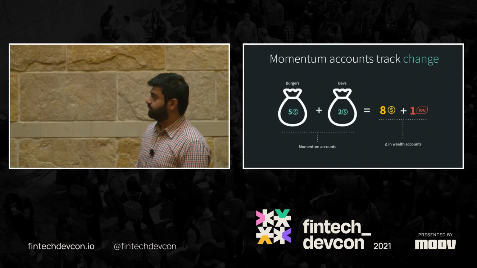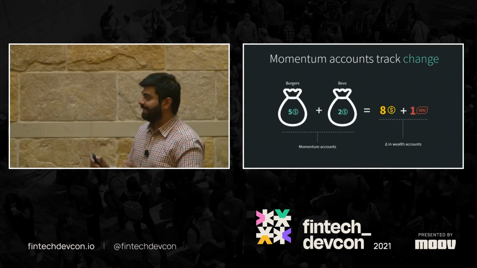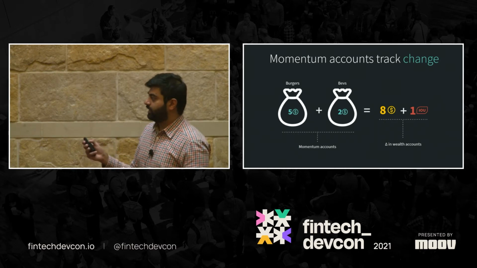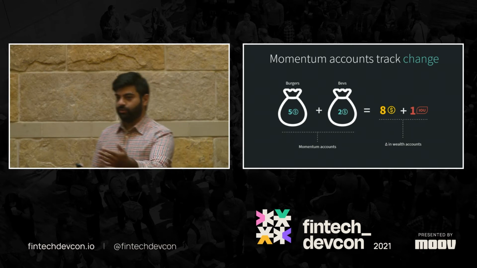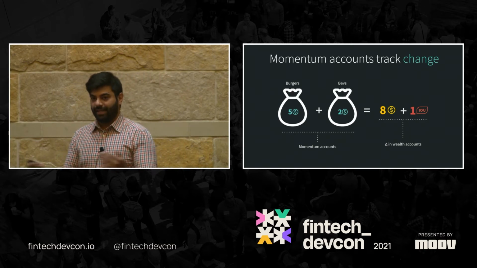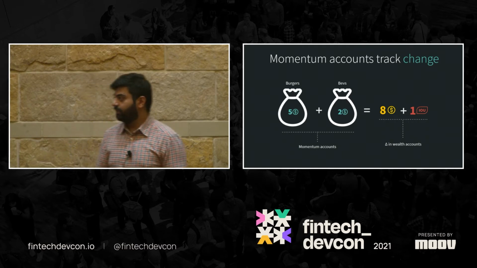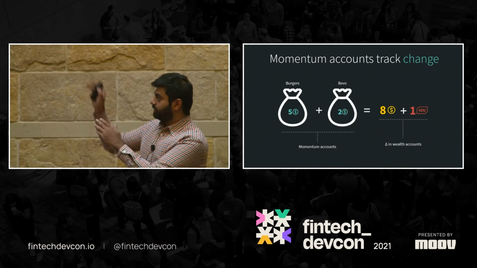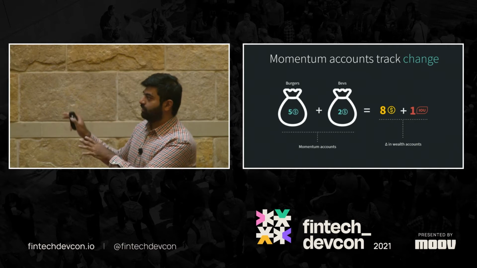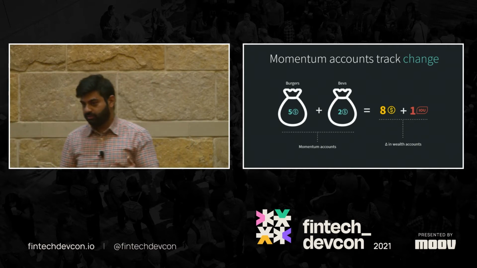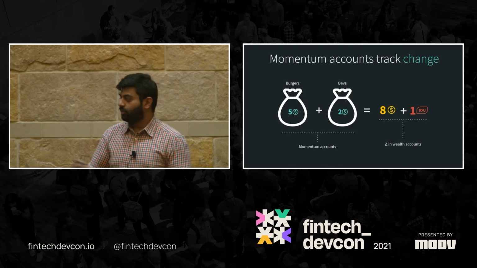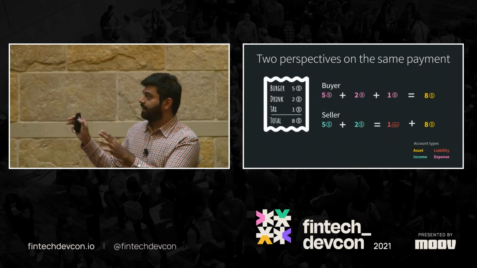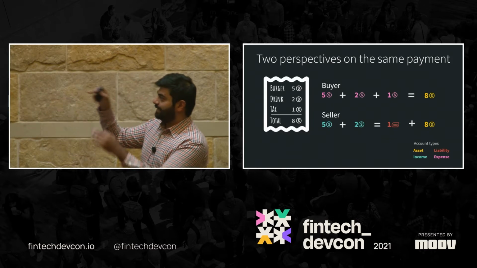And so when you put those together into an equation, on the one side you've got wealth accounts that track how much my wealth changed. The restaurant got $8 in cash, but also added a liability onto their books, in that now they owe the government a dollar because they earned $1. So the net amount of change was $7, which adds up to, okay, why did I get $7? Well, I got $5 for a burger and $2 for the drink I sold. So if you put them side by side, the same receipt adds up, but looks different in